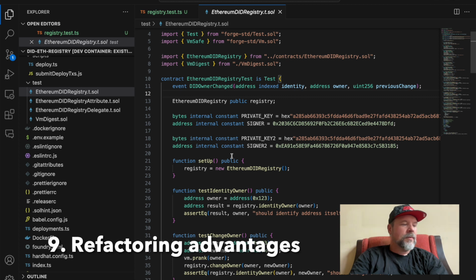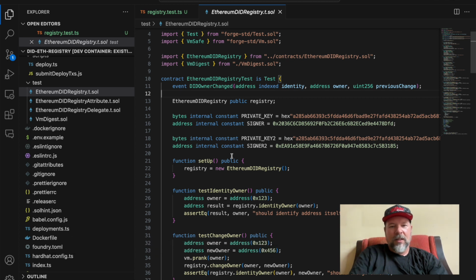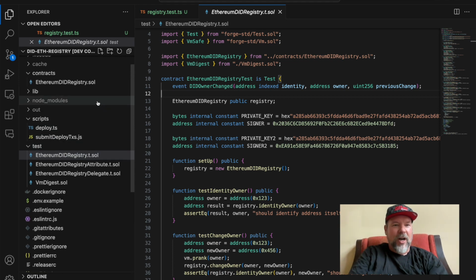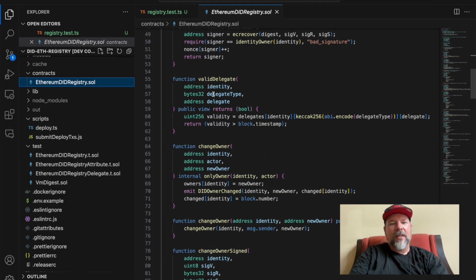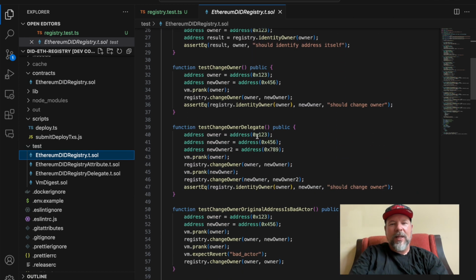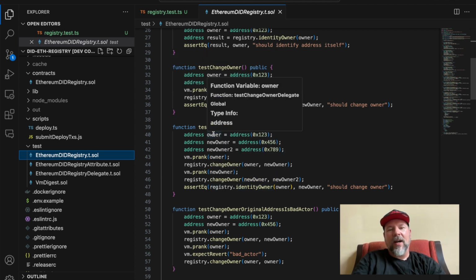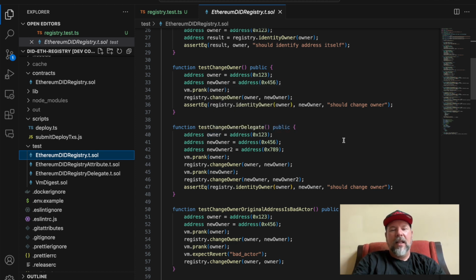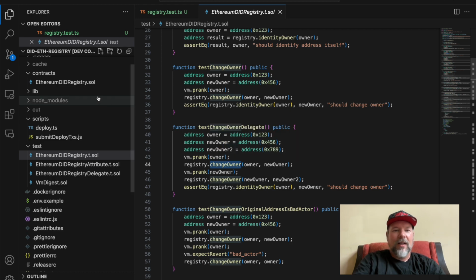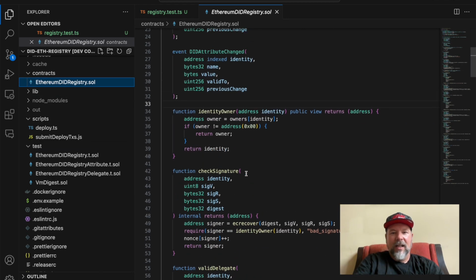Number 9, refactoring benefits. If I'm developing a contract, one of the reasons why we want to develop unit tests is because the unit tests expressly test the API implemented by that contract. And even beyond that, not only do they test it, but even when you're compiling the code, there is a check that the specific API that's being called exists in the target code.